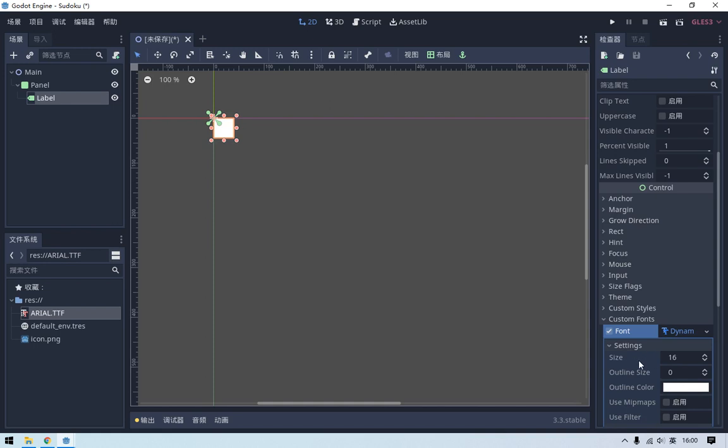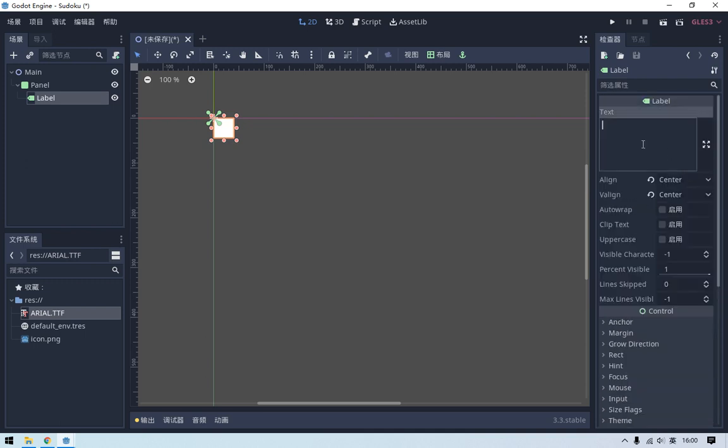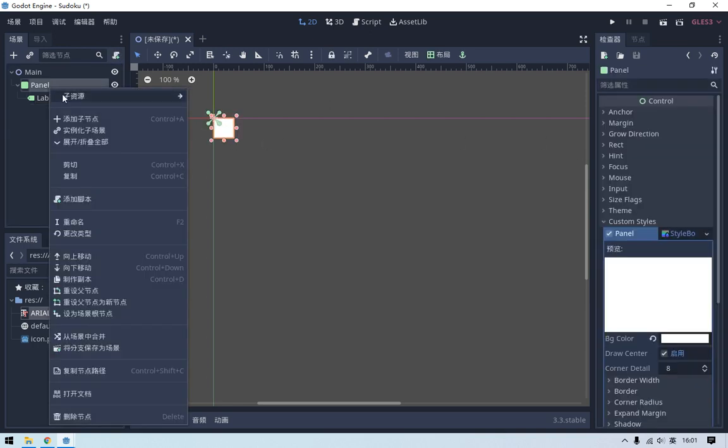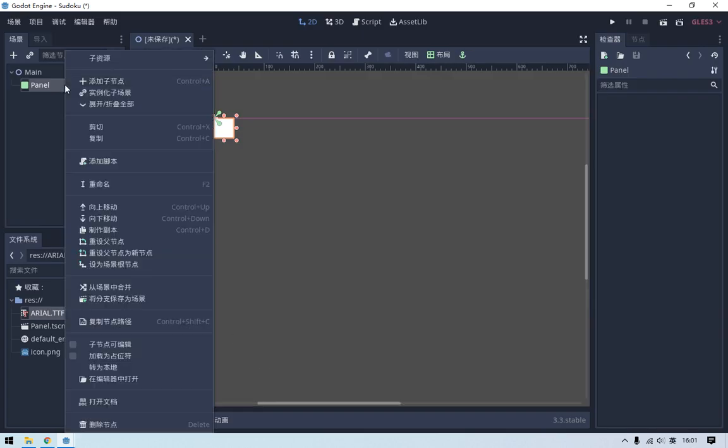Then set the font size to 30, and then we can set the font color using this property, custom colors, and we can check this font color, and then we can test. We can set the text, for example 0. You can see this number is shown, and then we clear it, and we can save this panel node to a scene. Save to a scene, and we save this panel scene. Then we delete it,